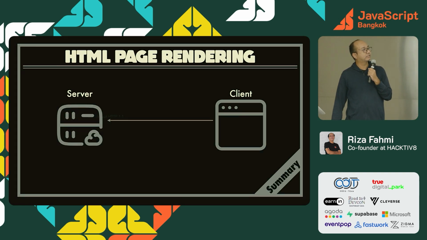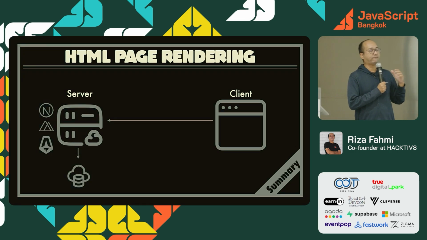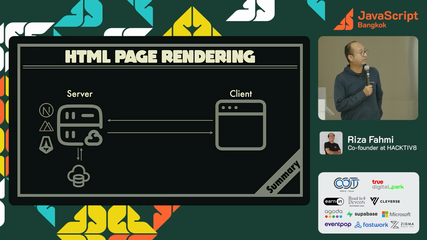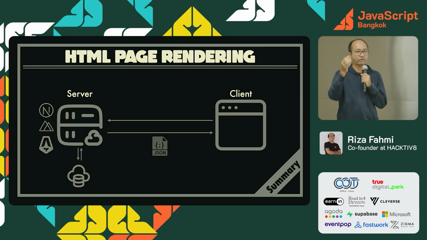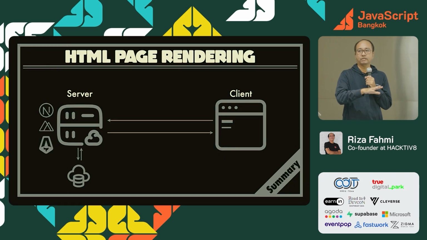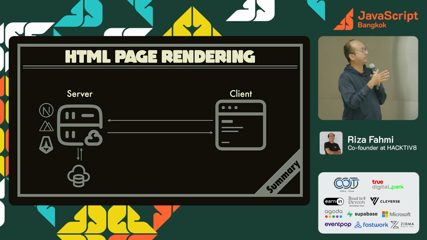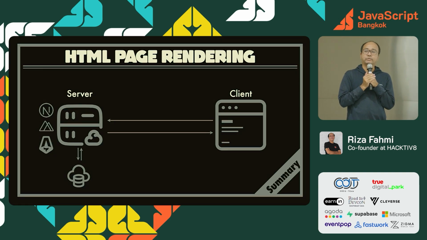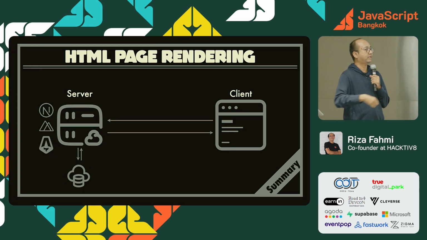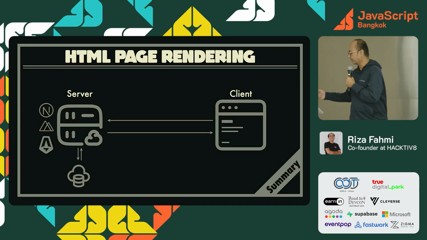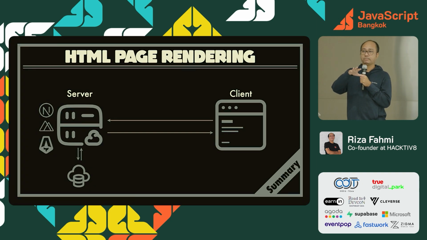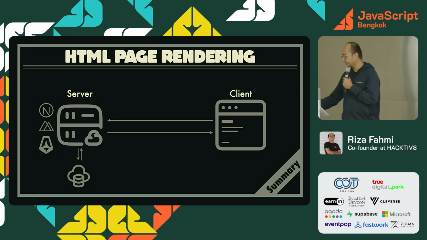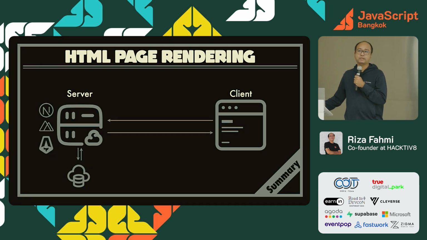And last but not least, we have the meta framework. The difference between a single page application and a meta framework is just the initial page. So at first, they don't send you blank HTML. They send you HTML plus data, and they will render. And after that, it's almost the same. Depending on the meta framework and the features that you use, you can use a multi-page application as well. You can use a single page application as well.